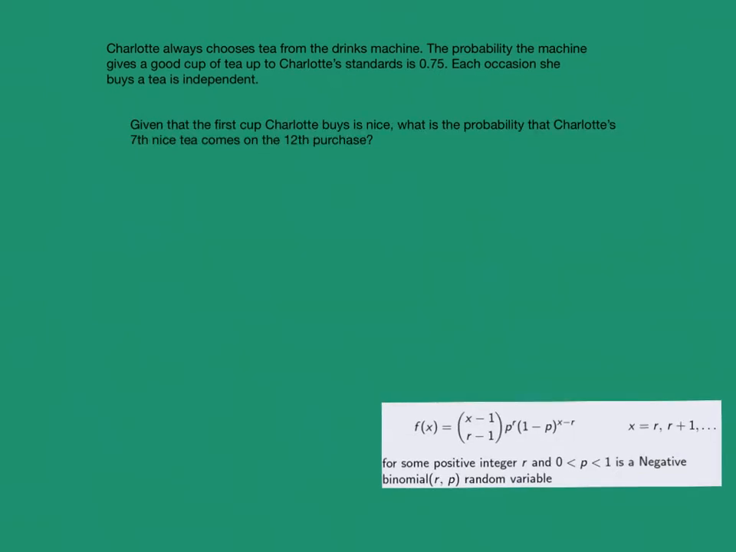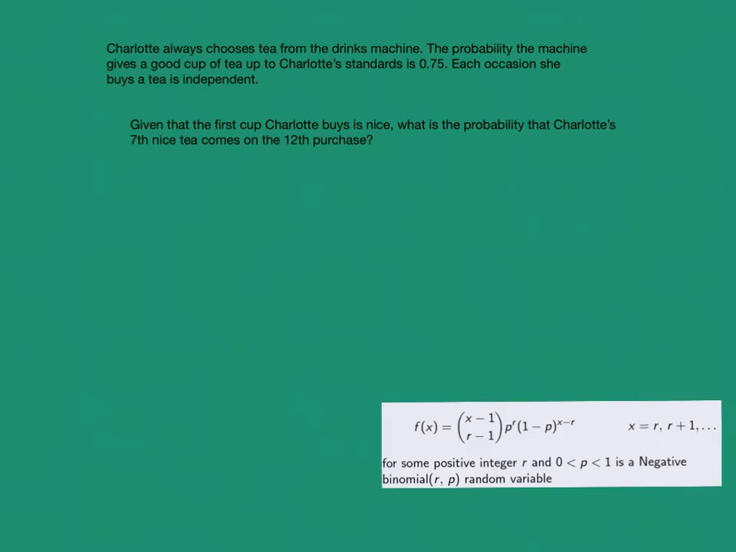Okay, now we introduce a bit of conditional probability. We've got the same setup, but this time we're introducing a condition. We're saying, given that the first cup Charlotte buys is nice, what's the probability that Charlotte's 7th nice cup comes on the 12th purchase? It's going to be a little bit different to the last probability because we've already got the first one decided. So we're actually interested in 11